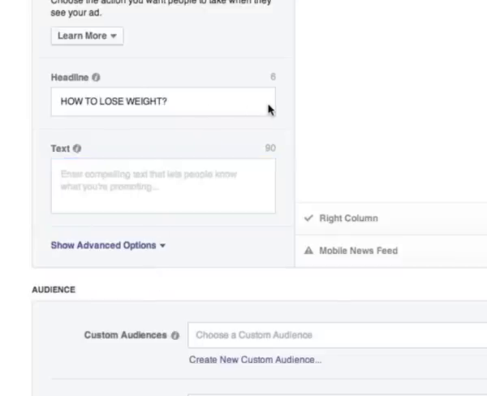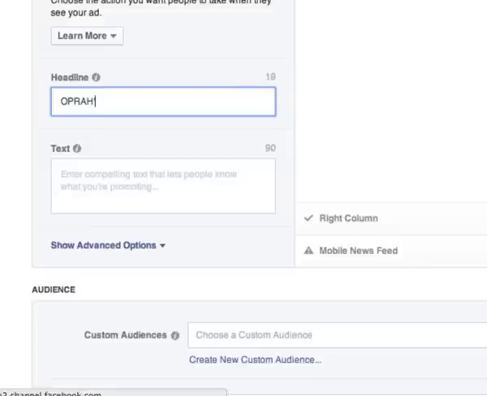Now, this would be something very broad, but for instance, and this is the key to very profitable campaigns, you need to have a unique angle. So let's say that instead of how to lose weight, you say, Oprah's secret fat buster? With a question mark. Or weird, or all those power words. I call them the power words.